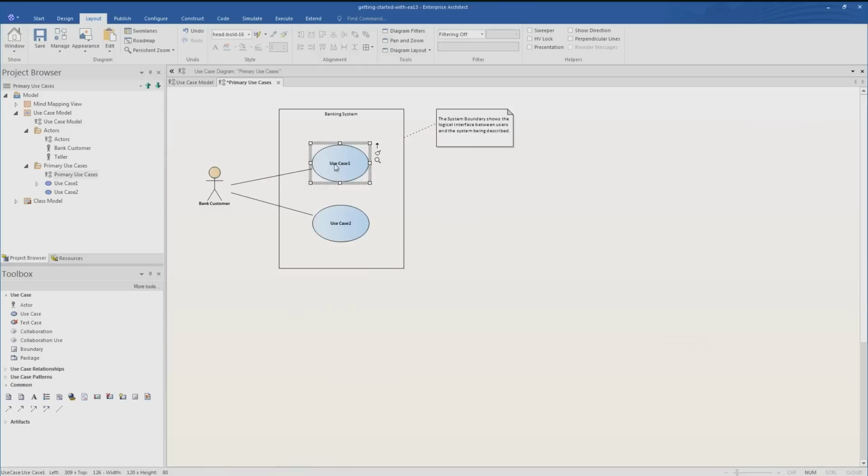So what we've done here is we've just taken our default template and I've simply renamed the system boundary. That's the line around the outside of the use case. I've updated the name of the system boundary, making it clear that the customer is interacting with a banking system. Now what we're going to do is